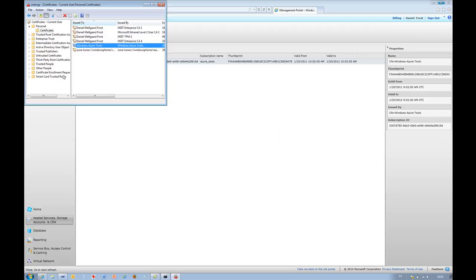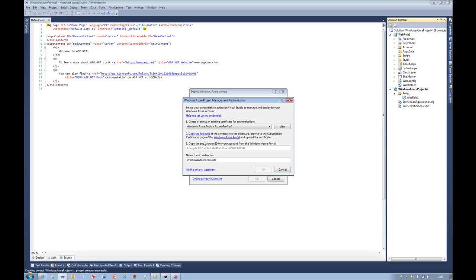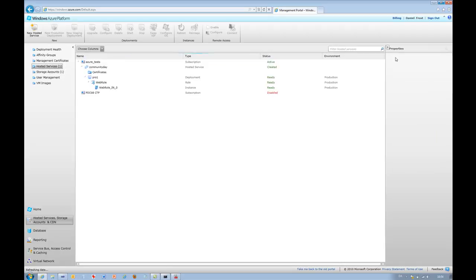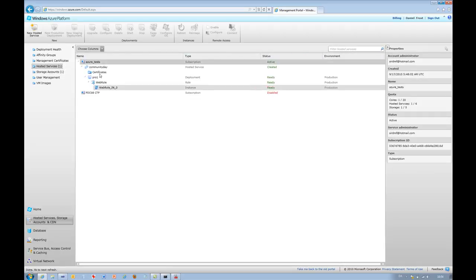So the next thing that we need to do is go back to the studio and, now that we've uploaded to the Windows Azure portal, copy the subscription ID from your account from the Windows Azure portal into this field. So let's do that. You can see that our subscription ID is right there. Is there a way that I can copy this? Maybe if I go ahead and choose, yeah, there it is. Now I can get this copy